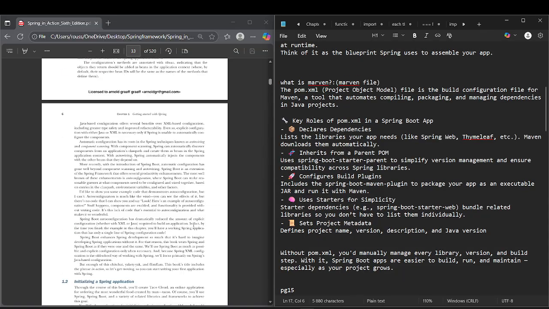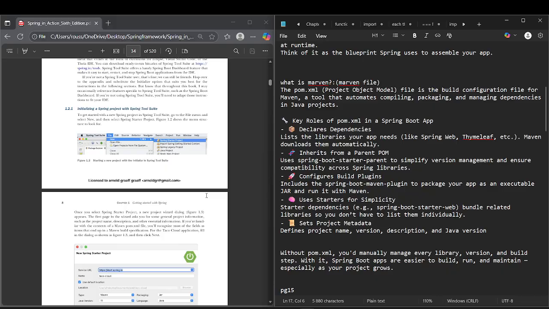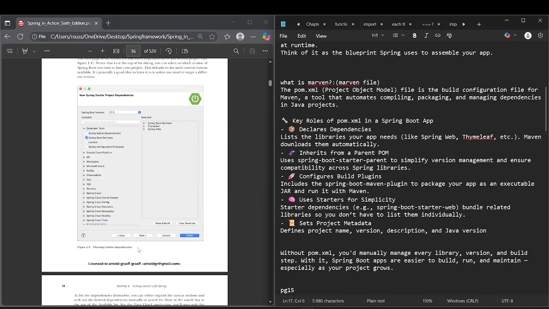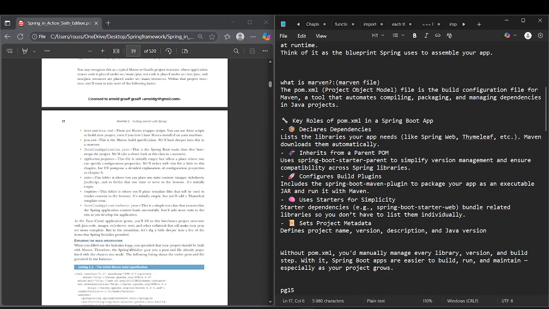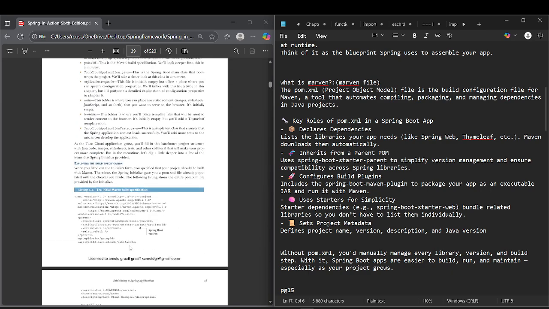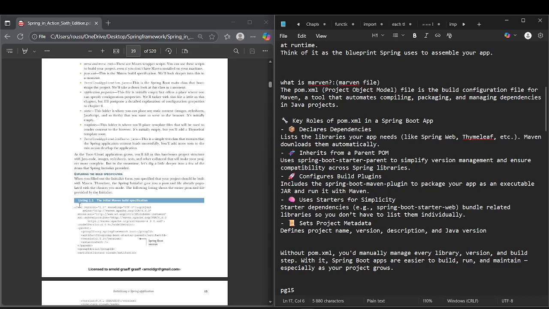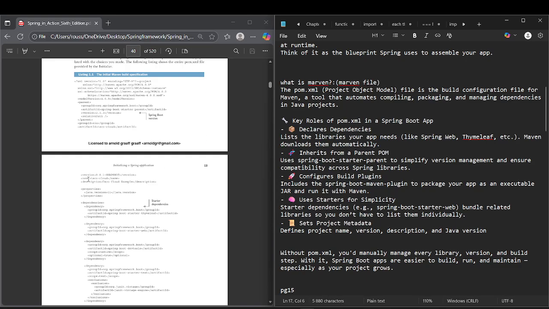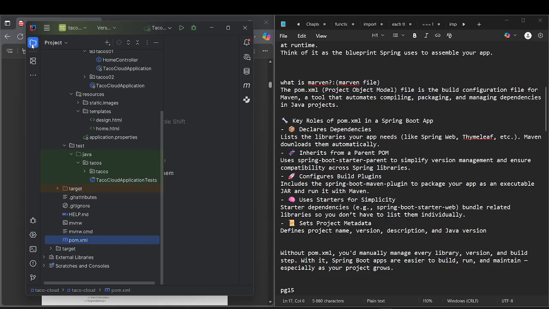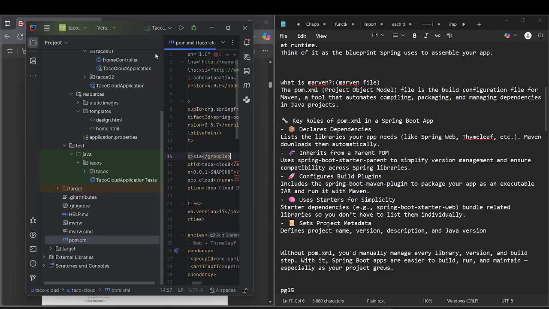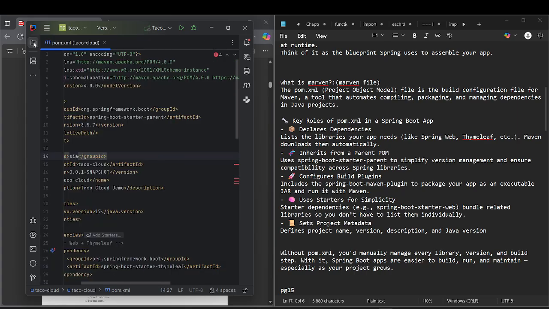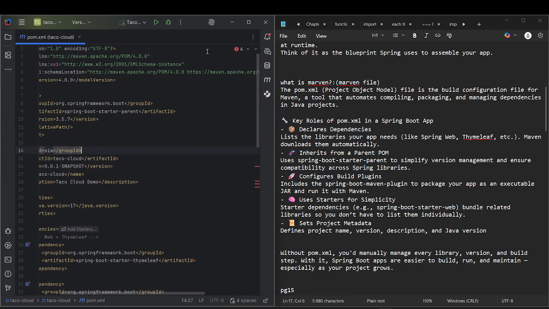Okay, now moving on. This is just how you build a Spring project. So here we have listing 1.1, the initial Maven build specification. So this is the Maven file. I will explain via IntelliJ. Just do it like this. Okay, so